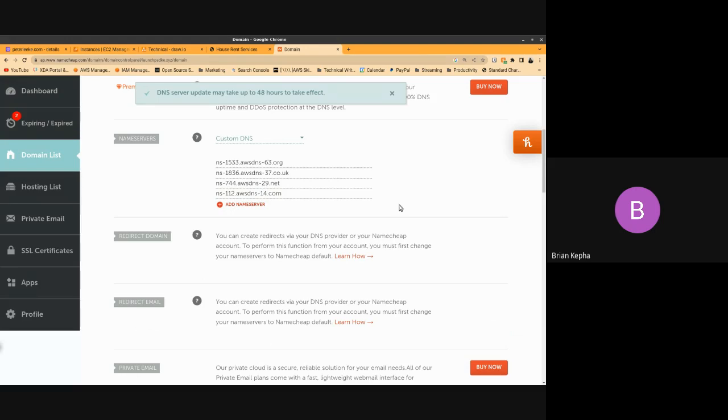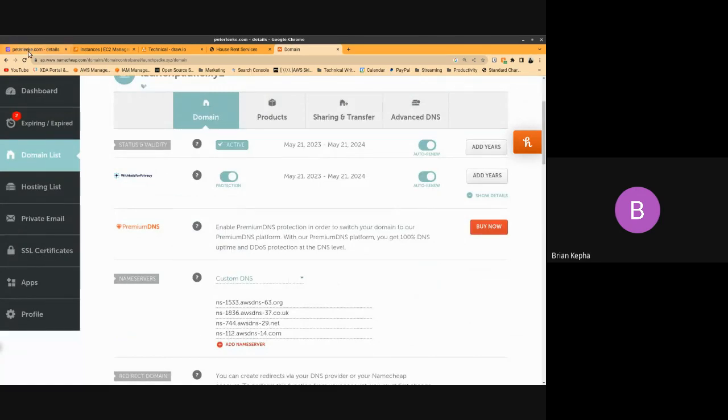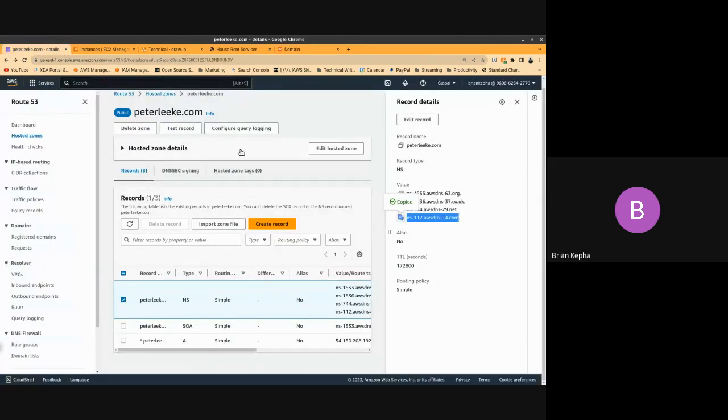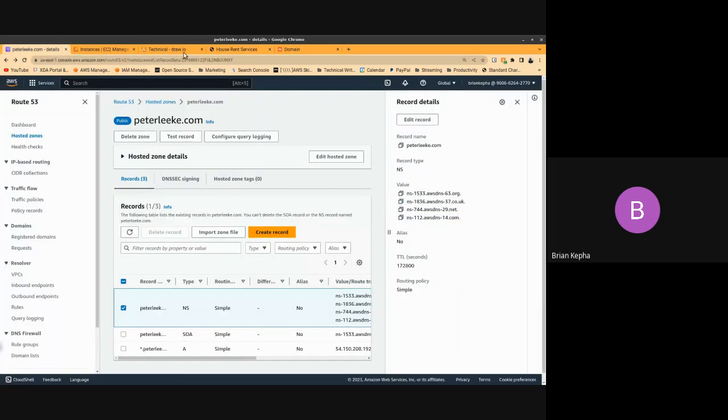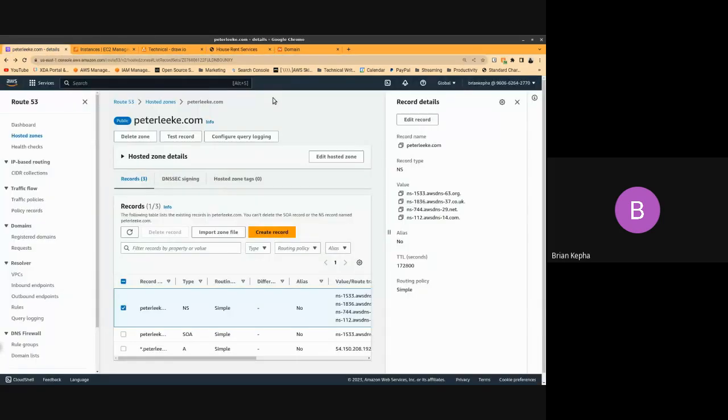Now this means this domain that I bought is being pointed to this Route 53 hosted zone, which has been pointed to this particular physical address that you're loading here. Yes. So that's how you do it. And now, this is HTTP. If you want HTTPS, you also need a service called